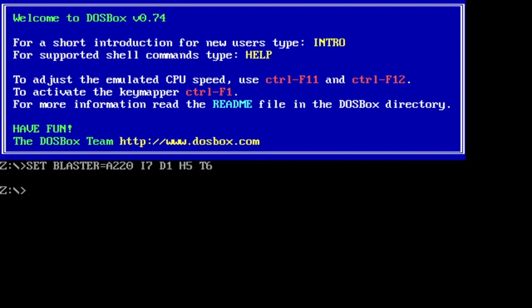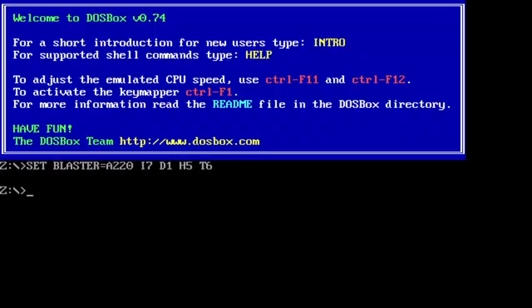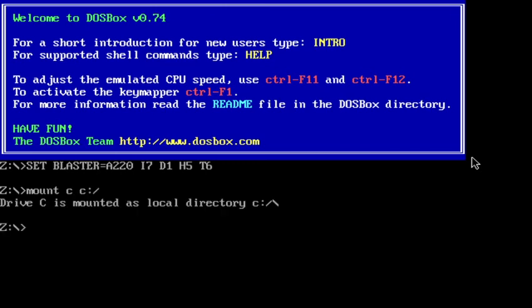So again for that, go for mount C space C colon backslash, again C colon backslash, CD 8086.